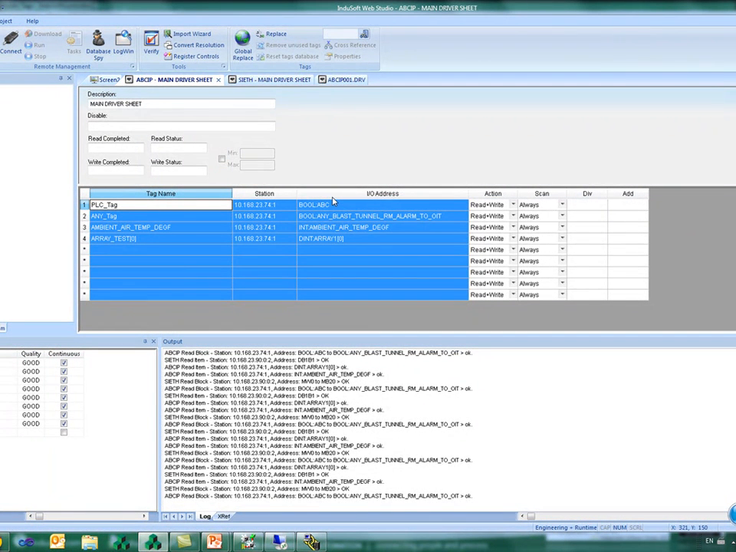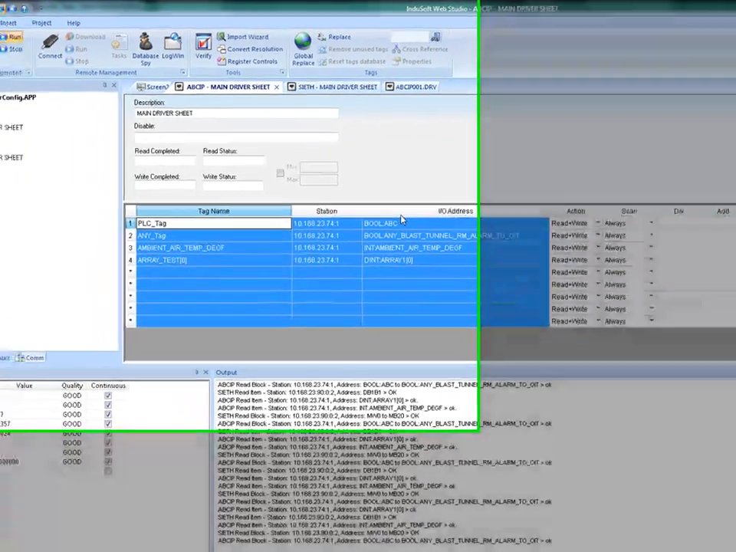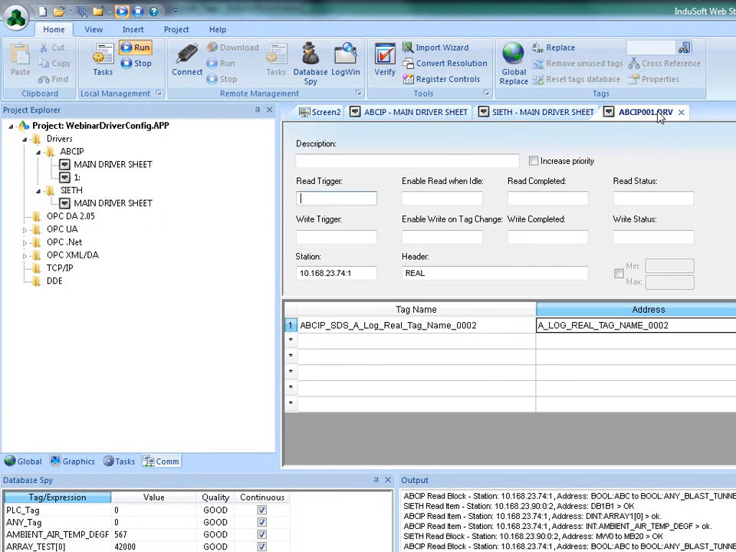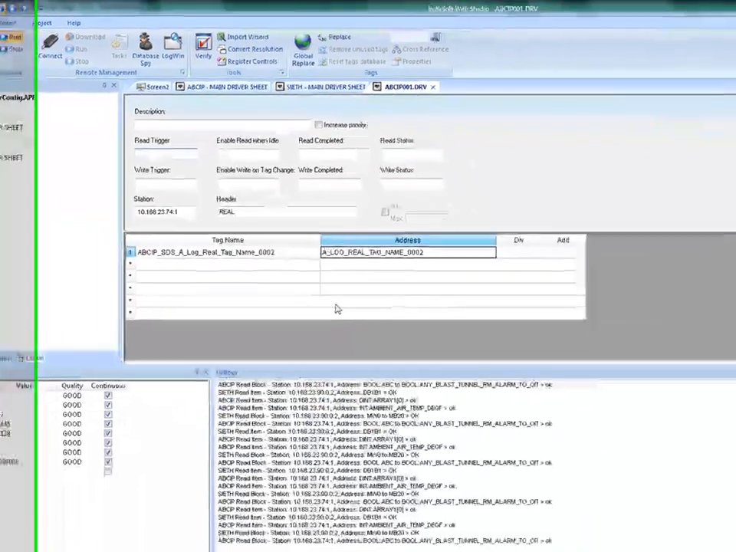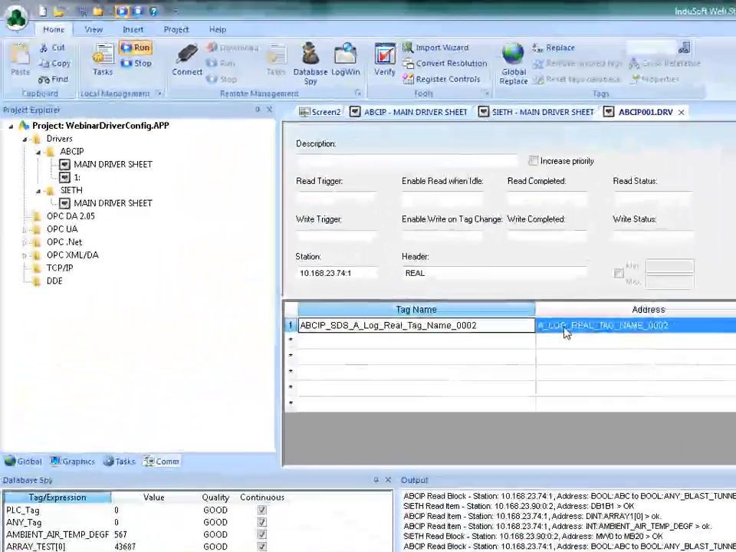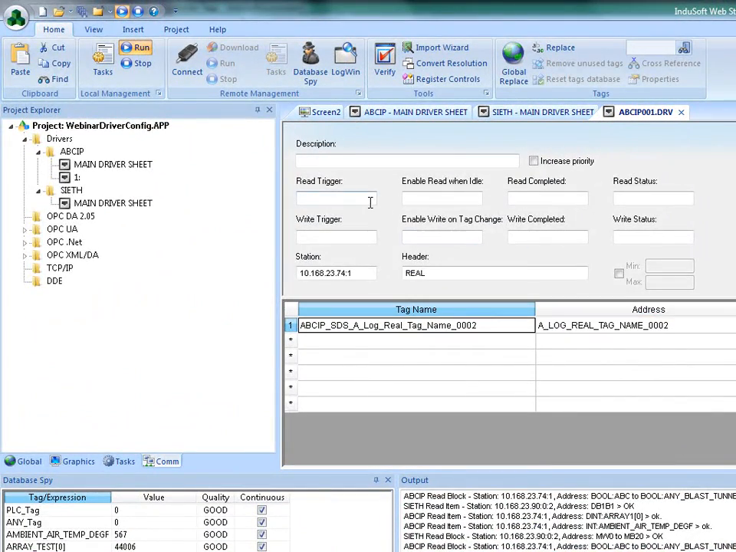You cannot have, for example, your alarm tags being read as fast as possible, but the temperature you're going to read only every second. You cannot have that using the main driver sheet. But you can have different standard driver sheets with different refresh rates. So, as an example, as we're going to read this tag here, we have two ways to configure that. I can read using the field called read trigger. If I put a tag here, for example the tag seconds,